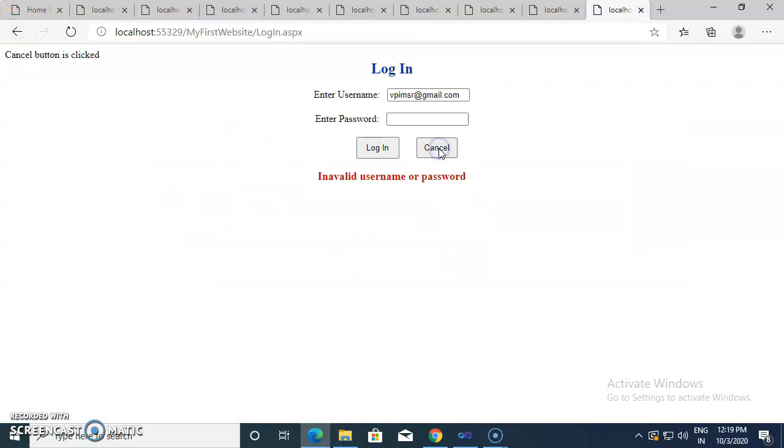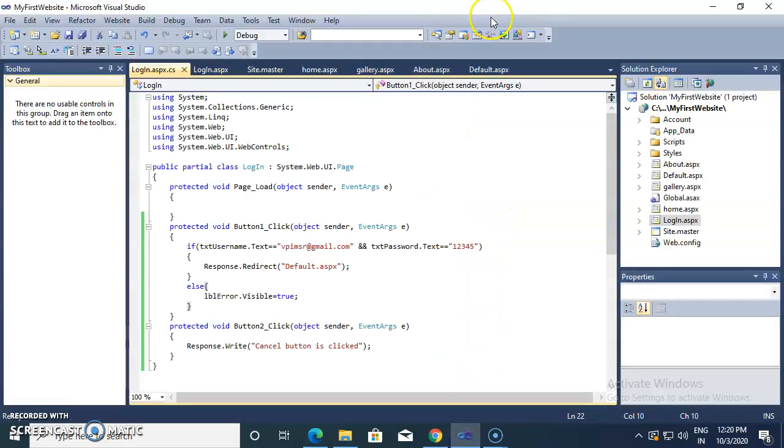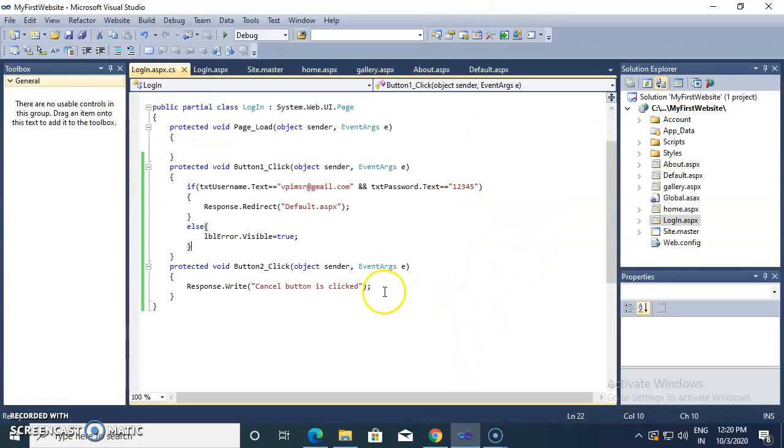Now if I click on cancel, the error message does not go away, this message is displayed like this. Now what we want is, after clicking the cancel button, we need to clear these text boxes. Also this error message I need to hide. So how can we do this?